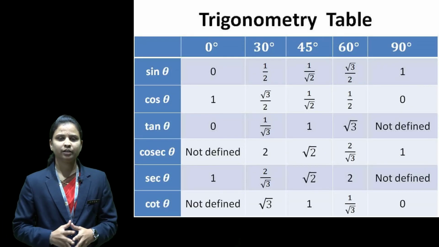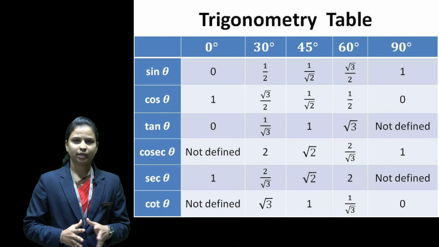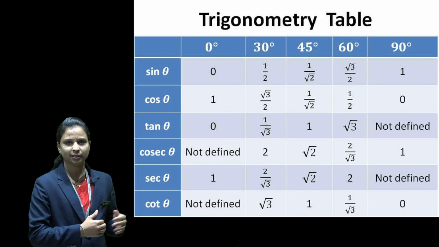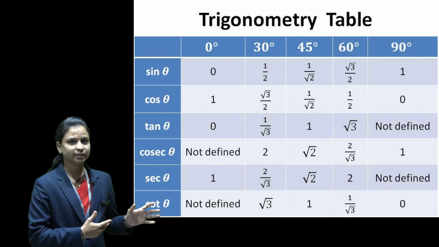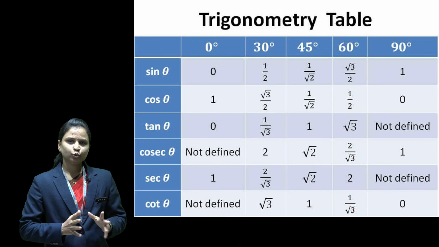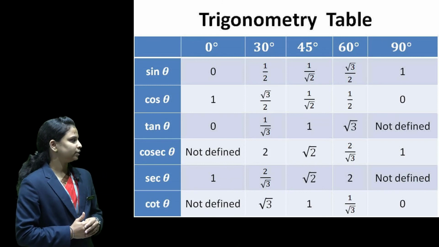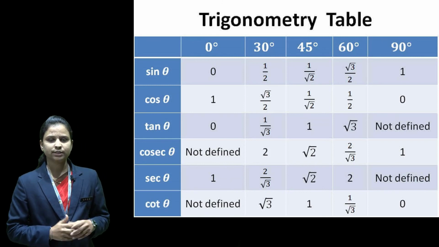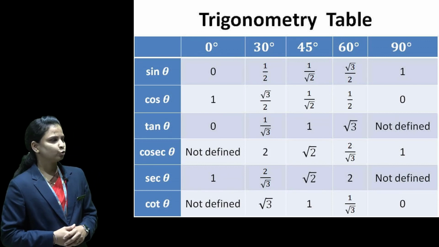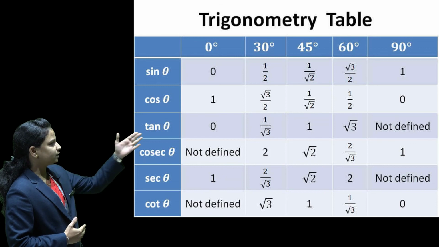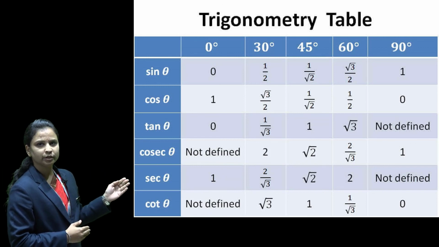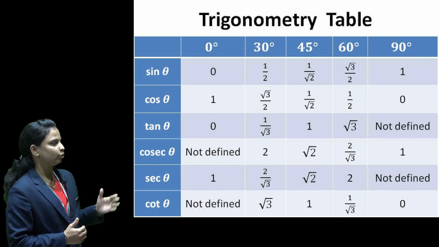So students, by using our hand we can find sine, cos and tan easily. This is interesting for you. And if you know sine, cos and tan, then you can easily find sec, cosec and cot. So using this we get this table easily. See this table, here all trigonometric ratios are there for all angles.